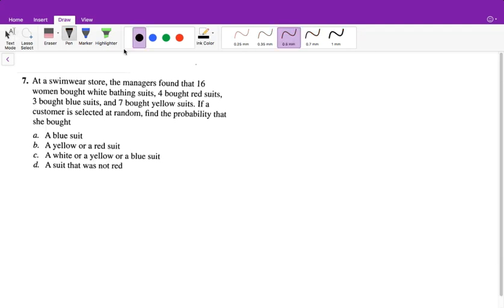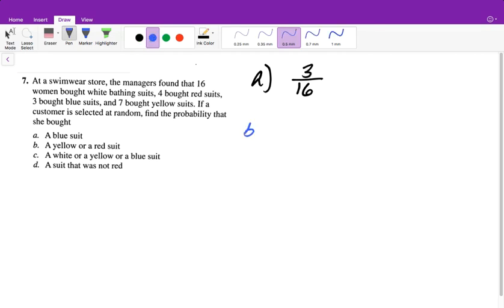All right, so at a swimwear store, the managers found that 16 women bought white bathing suits, 4 bought red suits, 3 bought blue, 7 bought yellow. If a customer is selected at random, find the probability that she bought a blue suit. First we have to figure out how many women bought bathing suits, and it says 16, so we know it's out of 16. And then it says a blue suit. Well, we have 3 that bought blue, so it'll be 3 out of 16, and since that doesn't reduce,